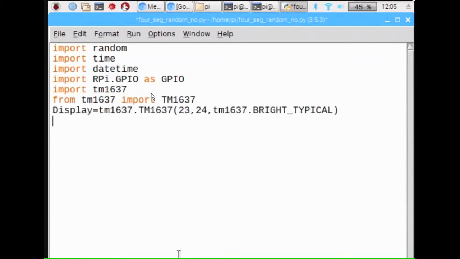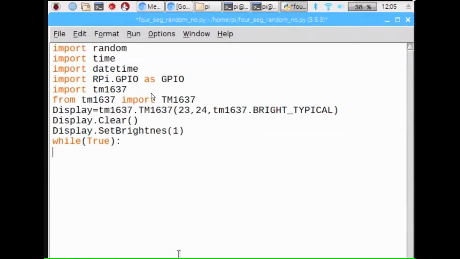Now we create the object called display equal to TM1637 dot class name as capital TM1637, passing parameters 23, 24, TM1637 dot BRIGHT_TPL, where 23 and 24 are the connections for your CLK and DIO which are available on your 4-digit 7-segment, and this mode is used as BCM mode. Now we use a clear function to clear our display. Display set brightness to 1.